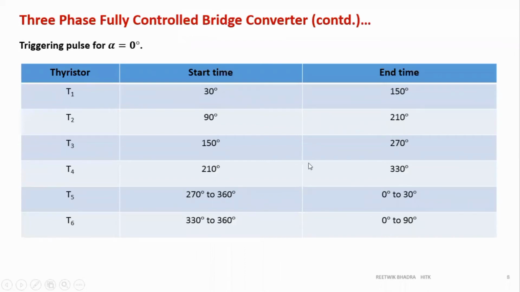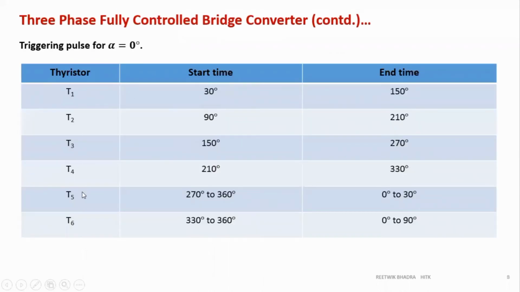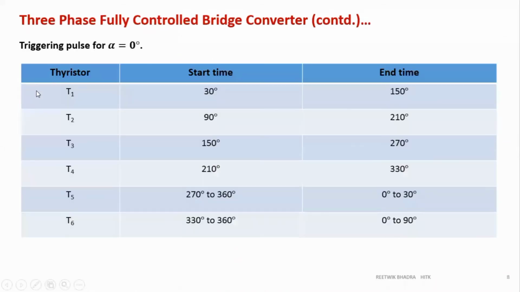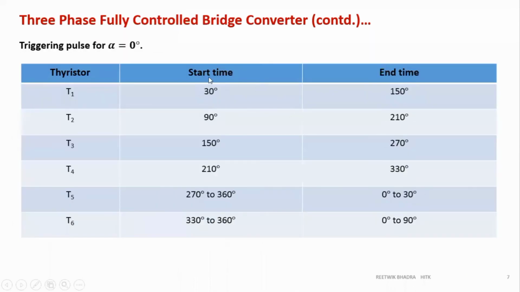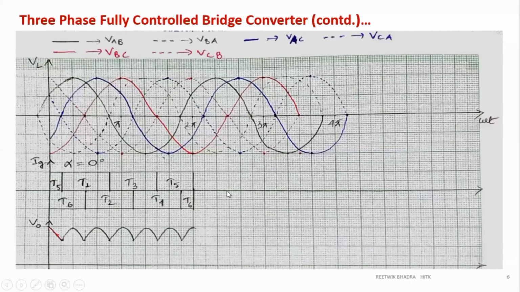So even if you draw the first ones, you can draw the 4, 5, 6th one easily. Or even if you draw T1, T3, T5 can be drawn easily. Even if you draw T2, T4, the 6th one will be the remaining portion. You have to draw the first two things, then all the rest gap portions are your remaining ones. So that is how you have to draw this IG. That is what they have drawn over here, keeping in mind the angle. So first you have to draw this VL, then write this table, then you have to draw this figure, IG.